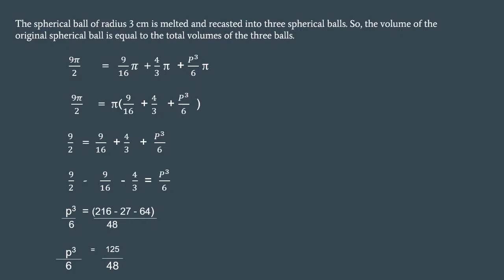Third bit, we should find the value of p. Now for that, first of all, what is p? p is the diameter of the small sphere after melting the bigger sphere into three small spheres. So now this is the bigger sphere. It is melted into three small spheres. So now the volume of this sphere will be equal to the volume of these spheres. The volume of the bigger sphere will be equal to the volume of three small spheres. Now the volume of the big sphere we found out in the first bit, which is 9 pi by 2, and the volume of these small spheres we found out in the second bit.